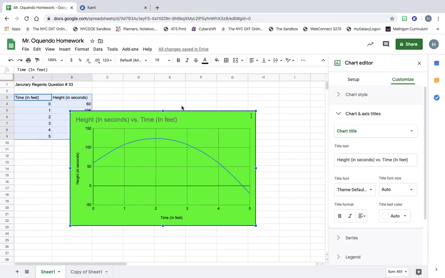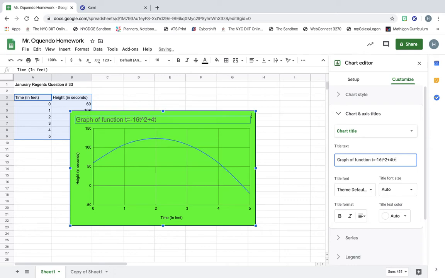Okay. However, I would change the title here, and I'll write maybe graph of the function, because you really want them to be able to make the connection to graph of the function y is equal to, or t is equal to negative 16 t squared plus 64 plus 64, sorry, plus 64